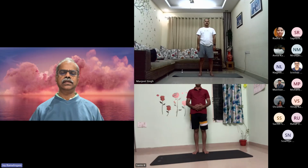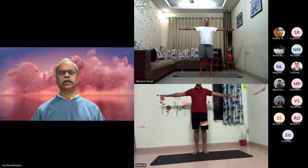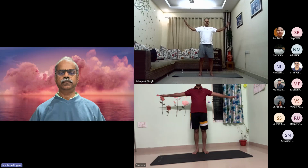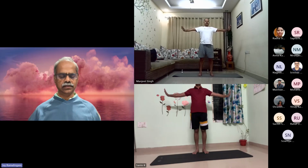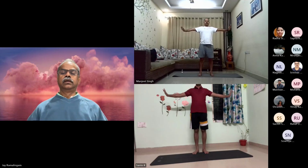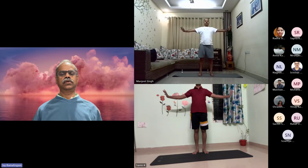Arms up to the sides, parallel to the ground, palms facing down, bending at the wrists, fingers pointing up. Keep the elbow straight, bending only at the wrists. Relax the shoulders and yet keep the arms shoulder height. Simple posture. 10,